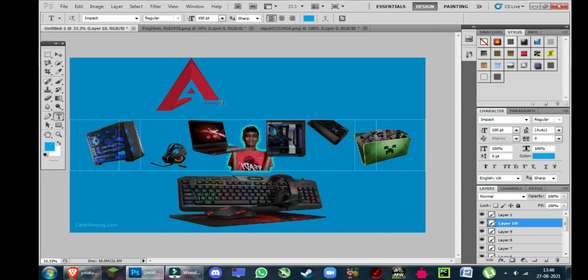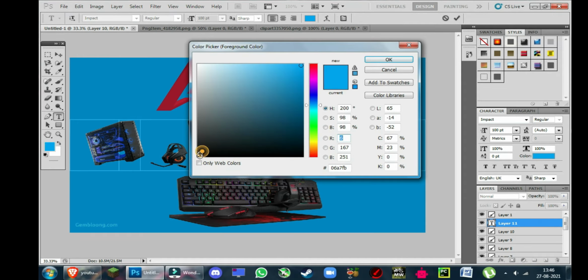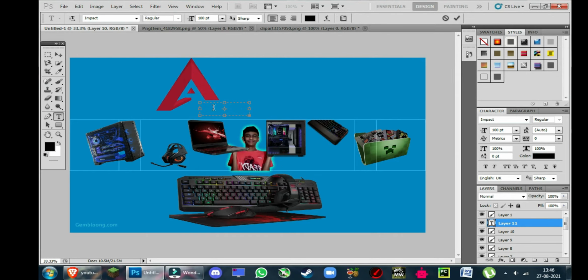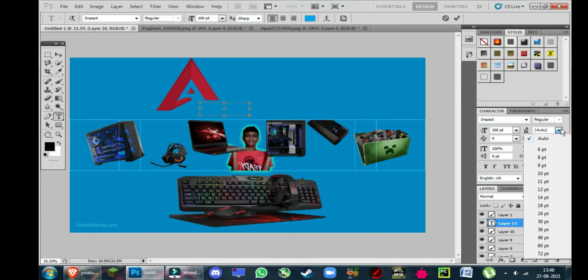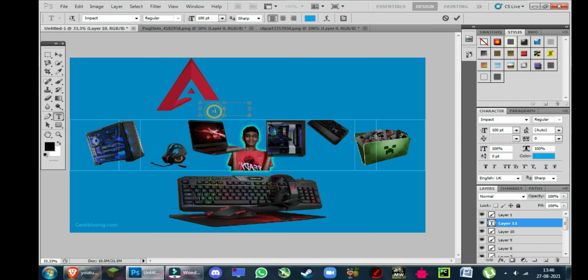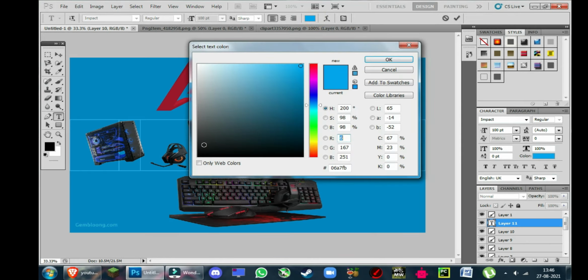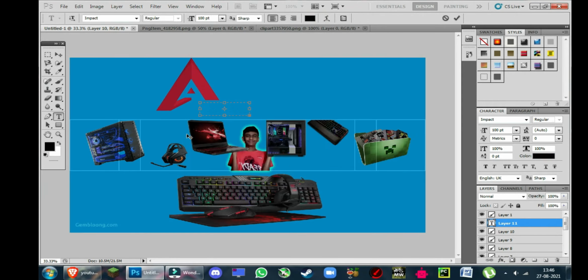Here you have to change the color again if you have any issues. I'm choosing white, or you can get it from the internet, or if you want you can just leave it and click enter.